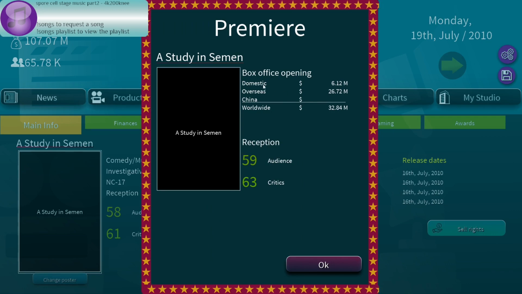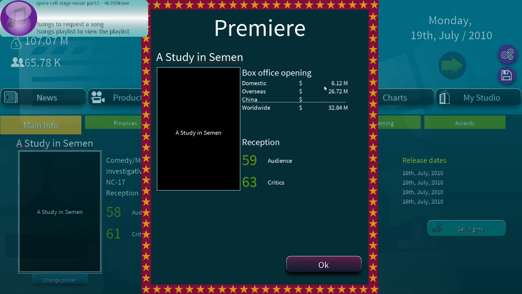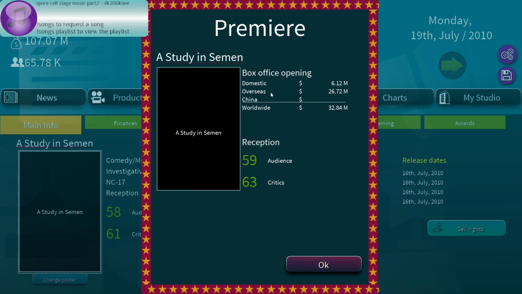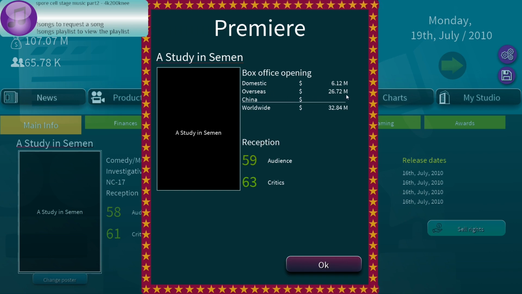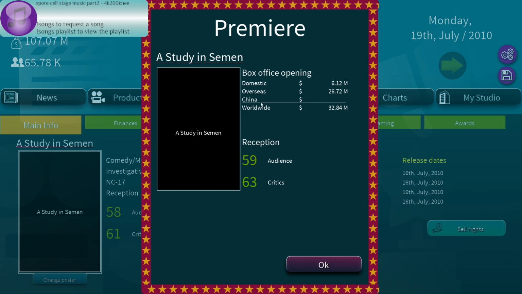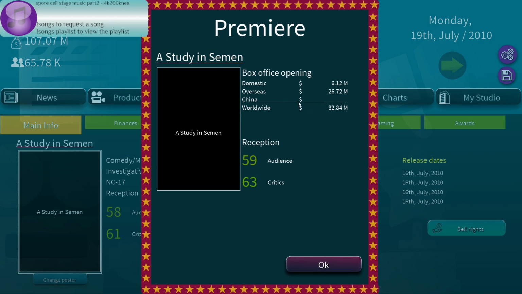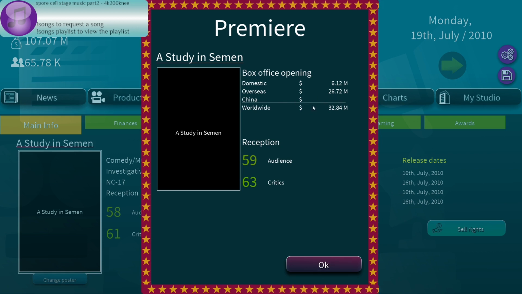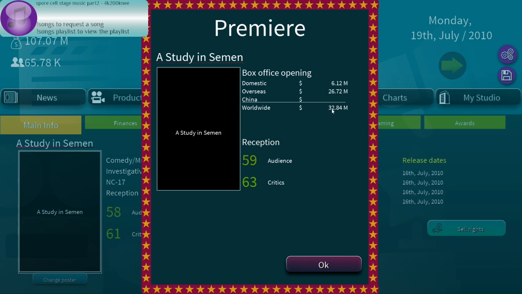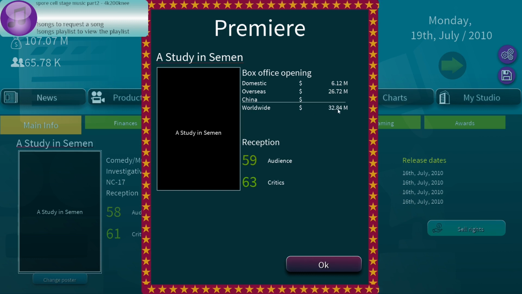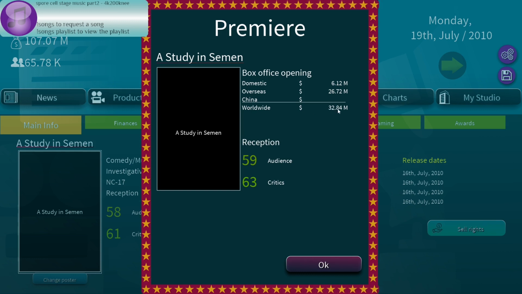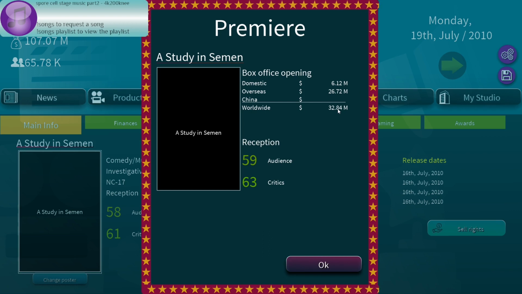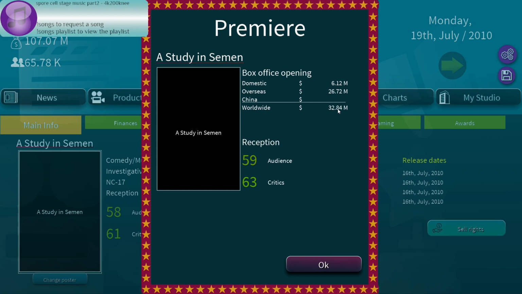Box office opening: 6.12 million domestic, 26.72 million overseas, China completely blank because we didn't market it there. Worldwide 32.84 million. So it's like people overseas enjoyed it, ate it up more than people here.